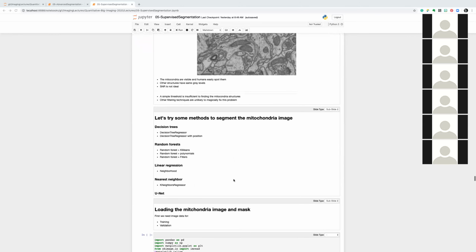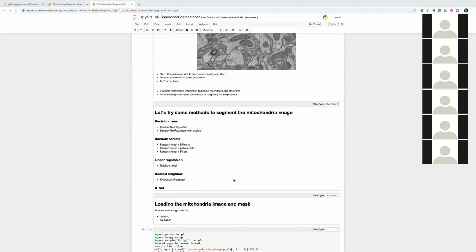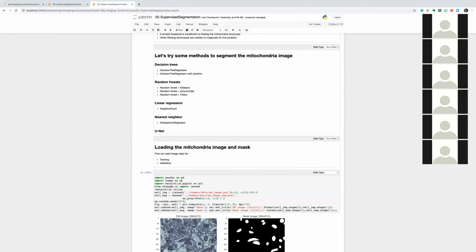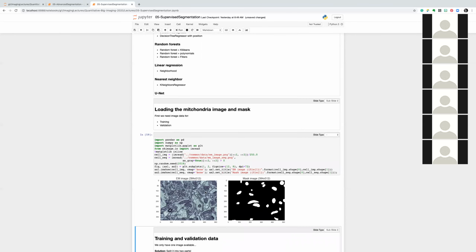So now we are going to try all the techniques I have talked about for the last hour. We're going to look at decision trees, random forest, linear regression, nearest neighborhood, and that in combination with different information, trying to play with the data and see what comes out. So first, let's load the data. We need data for training and validation. In this case, as we only have one single image, we want to split it into two pieces, and that is what we're going to do